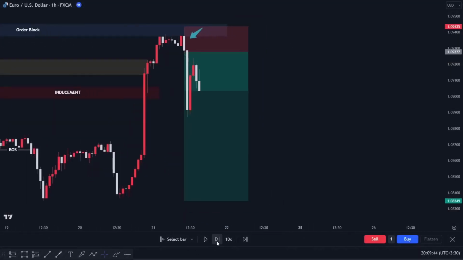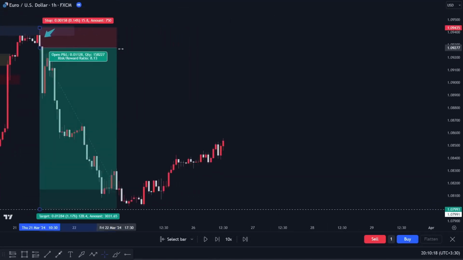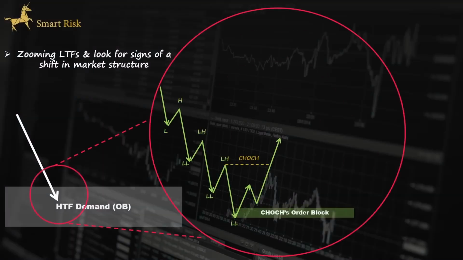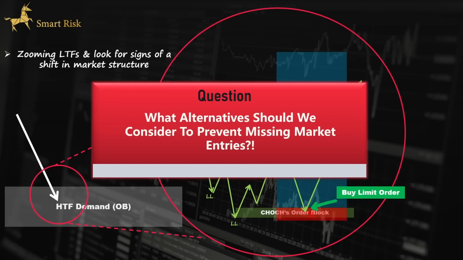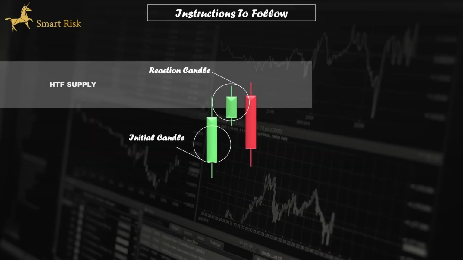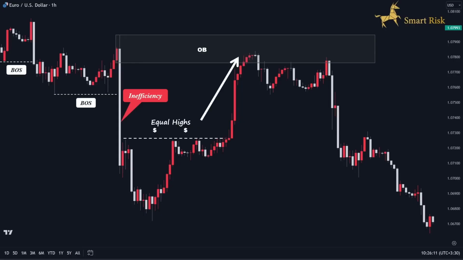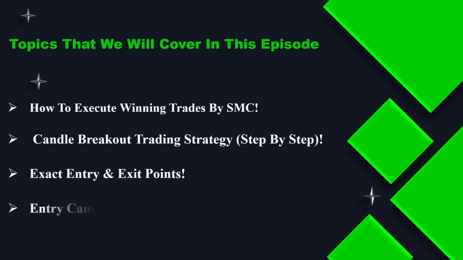Are you looking for a reliable method to execute trades in the market? We'll be delving into this powerful strategy that offers safer entries and increased confidence in your trades. We'll dive into the specifics of this strategy, explaining why it's a game changer for traders seeking safer entries and consistent results. Moreover, we will explore the candlestick patterns, the psychology behind this trading strategy, and the price actions associated with it that you might encounter in the market from basic to advanced. But that's not all. We'll break down the key criteria and rules you need to execute winning trades with this